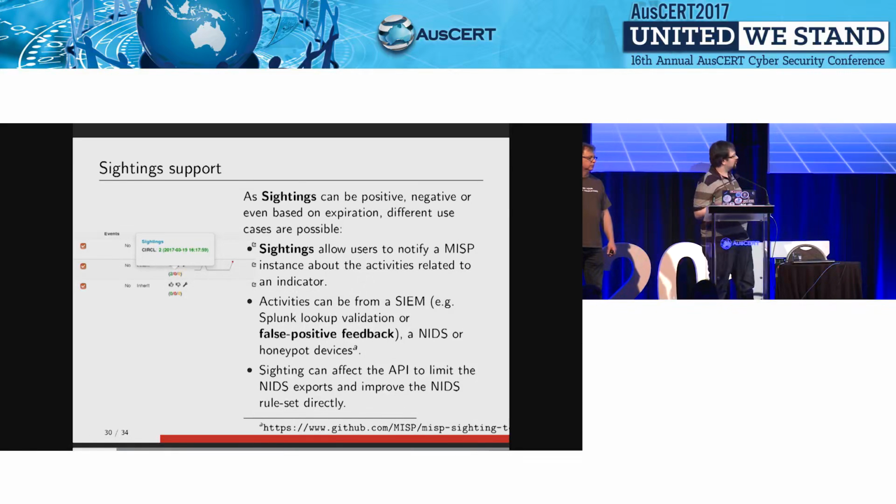So what we've been trying to do is hook this up to IDSs, SIEMs, and so on, to have an automated feedback directly on the data that is basically being triggered by these devices. So yeah,